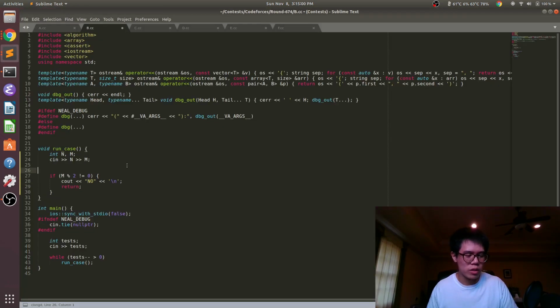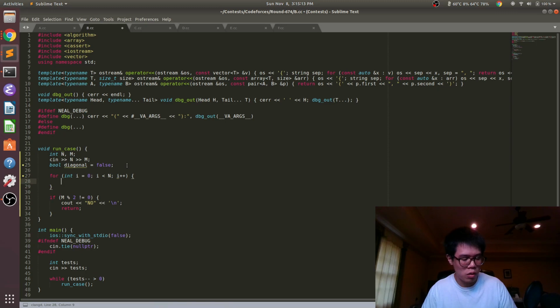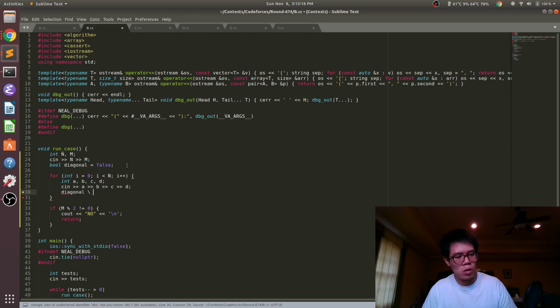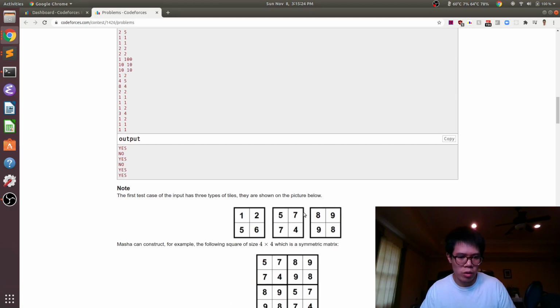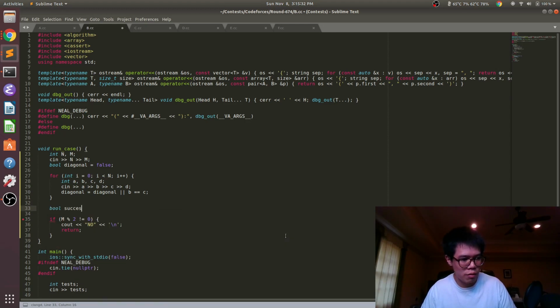So we do have to go ahead and read the tiles. We just want a tile where, like we were saying earlier, the top right equals the bottom left, so that's just b equals c. And basically it's yes if we have a diagonal and m mod 2 equals 0.